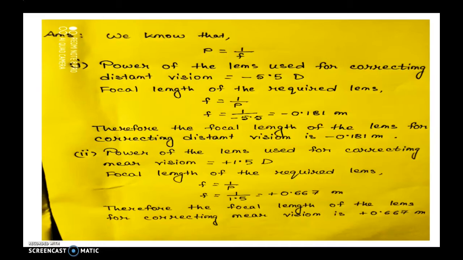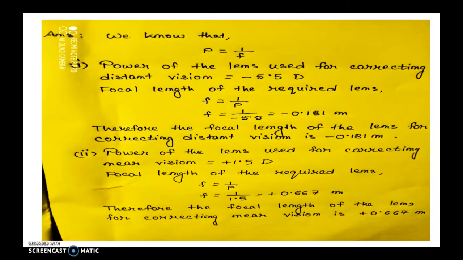Answer. We know that power is given by the formula 1 divided by the focal length. So, if you use this formula, you can easily find out the focal length of the required lens. First, you have to find out the focal length for the distant vision. So, if you put the value of the power, minus 5.5 diopter, in the formula, you will get the focal length of the lens for correcting distant vision as minus